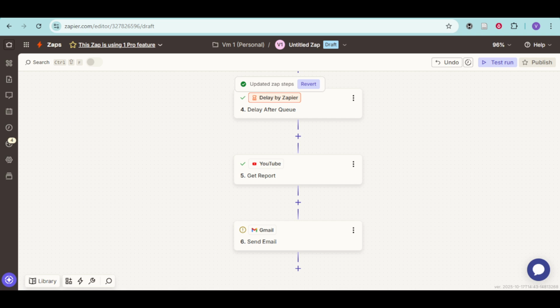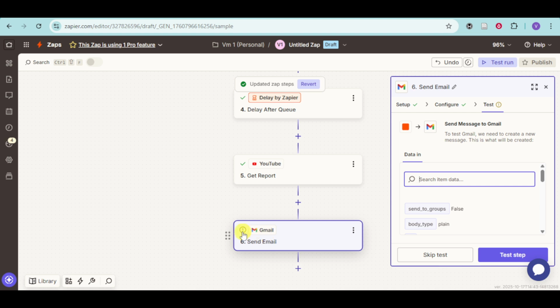In this video, I'm going to teach you how to fix Zapier app connection missing fields. So if you have some missing fields in your Zapier app connection, what you need to do is click that particular step. For example, I have my Gmail here, and it has this exclamation mark. That means that there is actually something wrong with this.